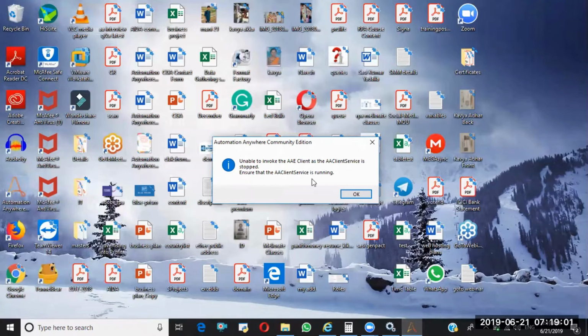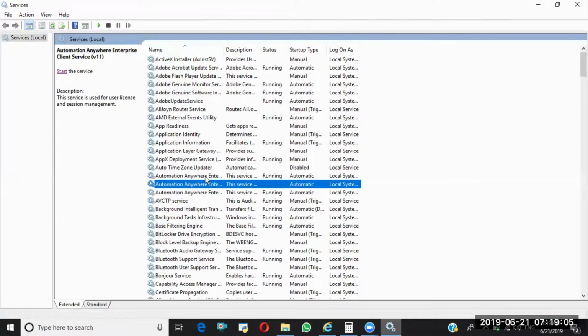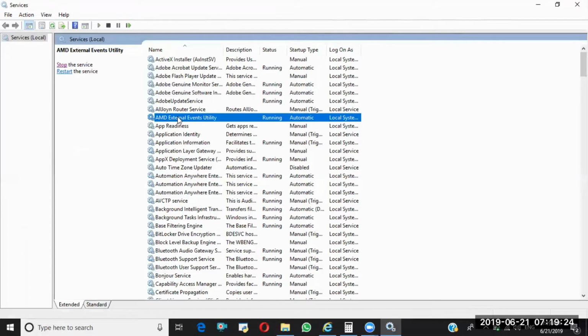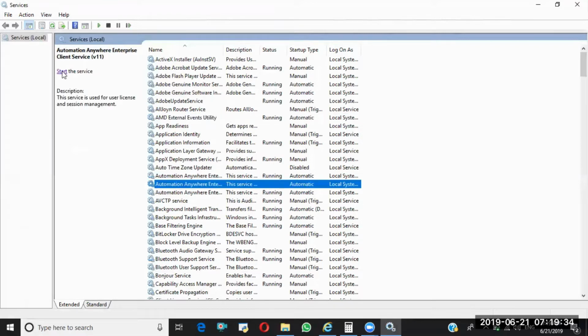Ensure that AAE client is running. That means if these services are not running, the particular application is not going to run. Suppose I stop this Bluetooth service, the Bluetooth may not work as expected. If I stop this AMD service, my graphic card may not work as expected. As of now, we need to work with Automation Anywhere, right? So that's the reason I am starting this one manually.